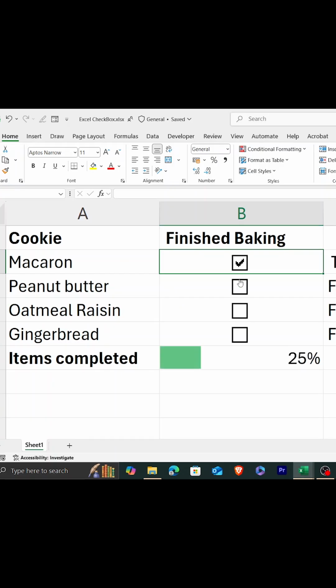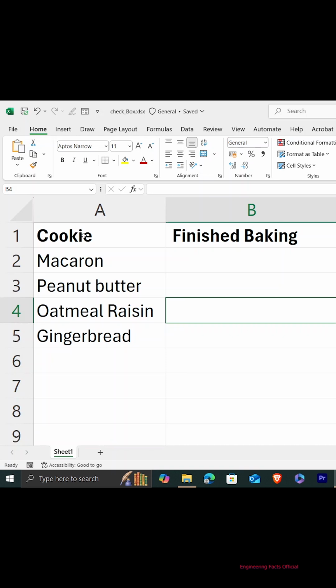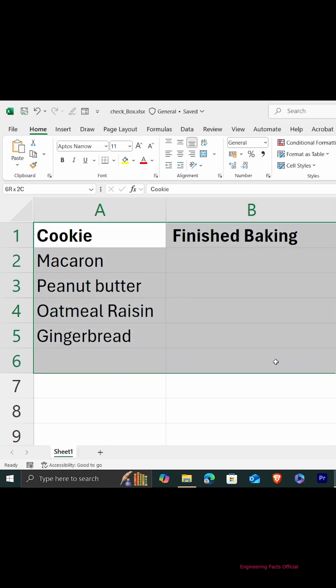Today, we're going to look at how you can use checkboxes in Excel. We'll start with how you can insert a checkbox into your worksheet, and then we'll look at some of the nifty things that you can do with them together with functions. Let's check this out. Here I am in Excel, and if you'd like to follow along today, feel free to